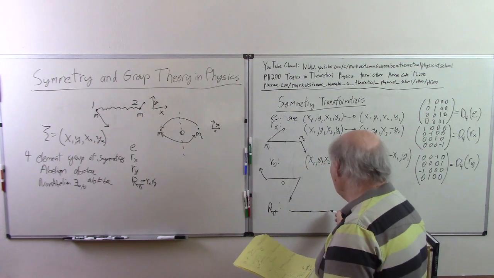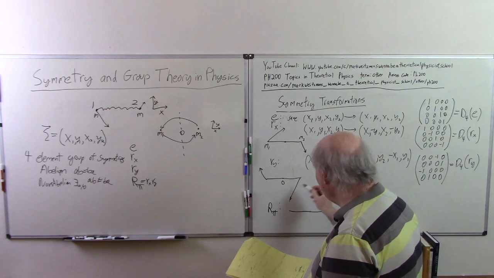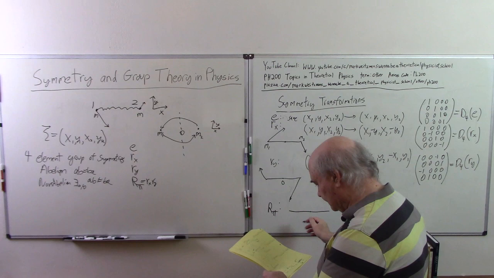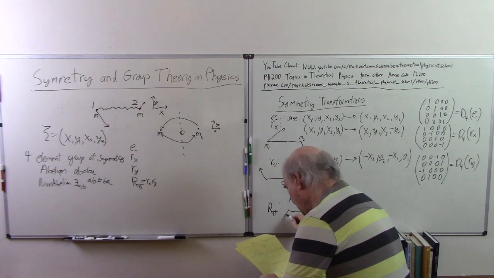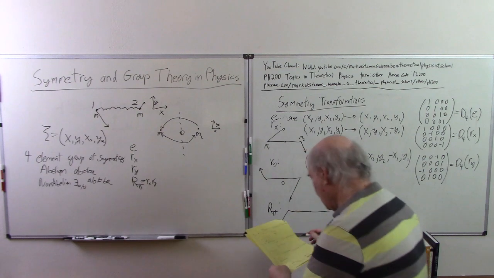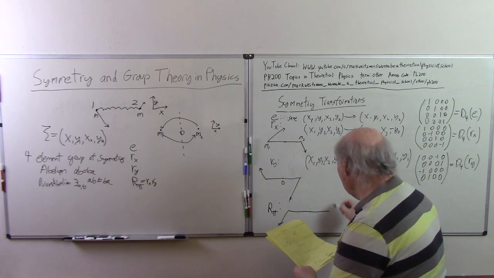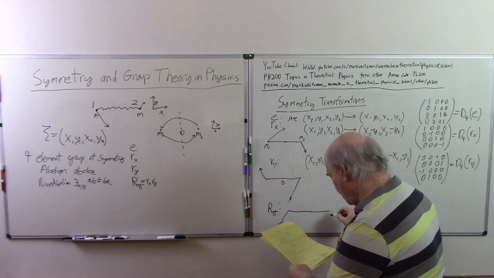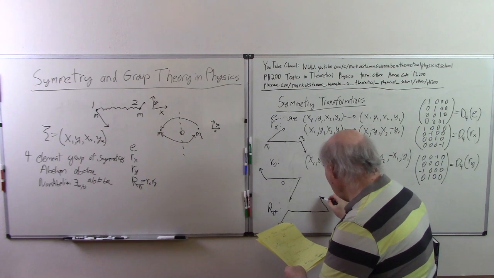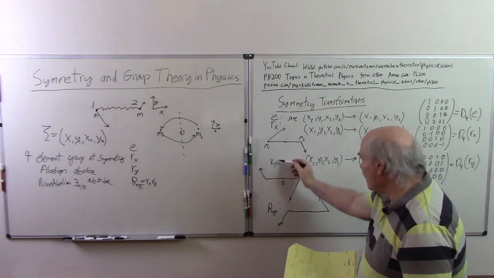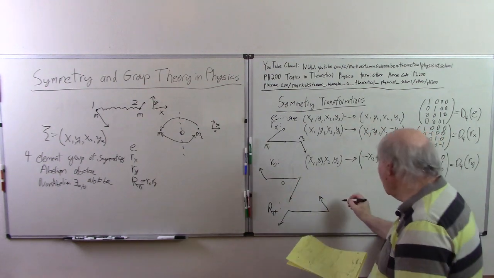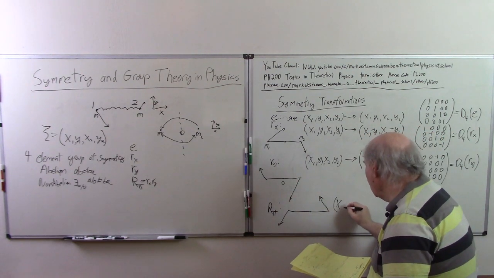Under a rotation, this goes like that, so it becomes like this, and what was here goes to here. So basically, as I said, R pi is Rx and Ry. And if you work it out,